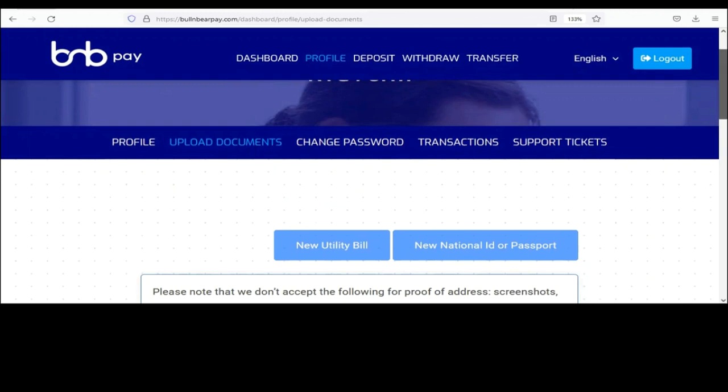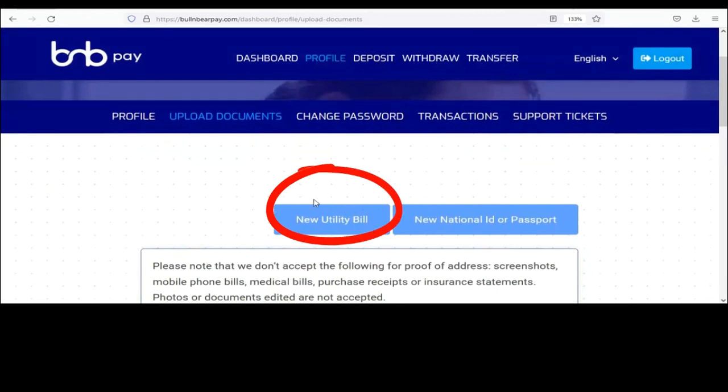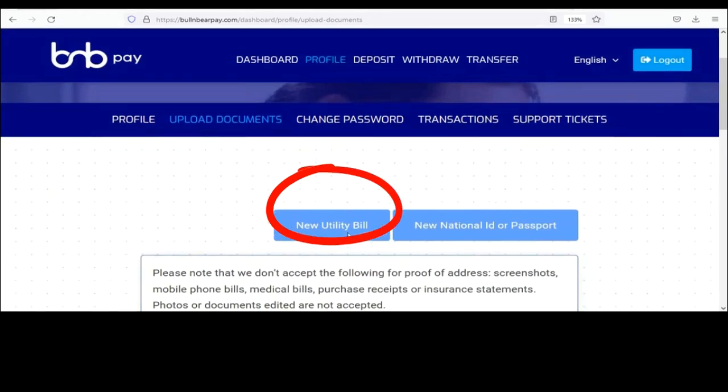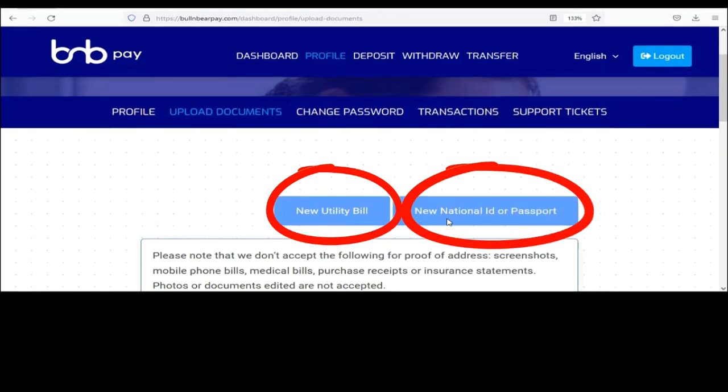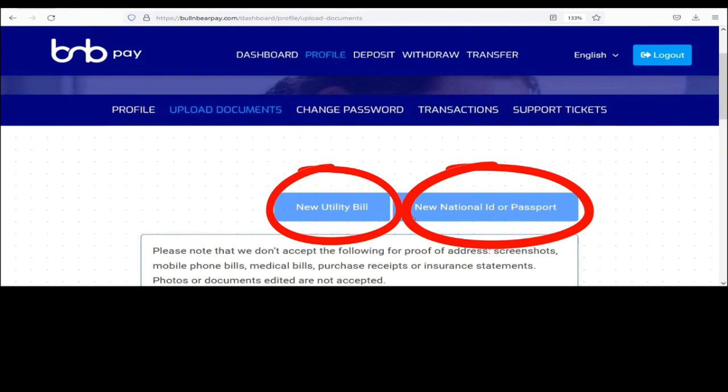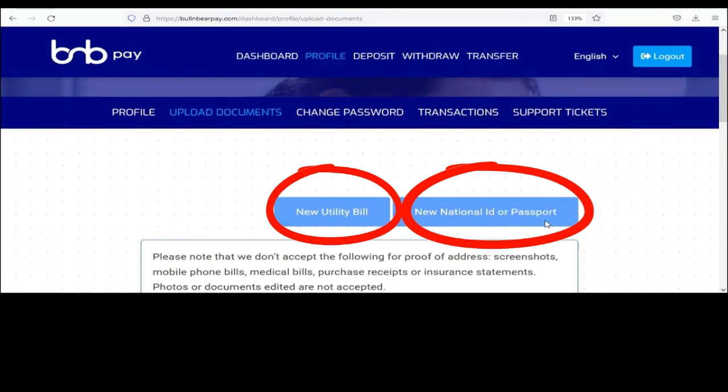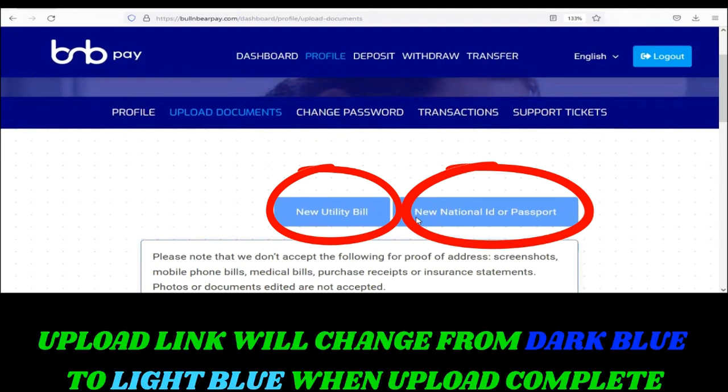The next thing I can show you is that here, as I go down a bit more, this is light blue where it says new utility bill. That's your address proof. And next to that, new national ID or passport would be your ID. So that would be your driving license, passport, or your national ID. Just to clarify, you can use a driving license, as I've just stated. That is what I use. That's been accepted. And you can also use the formats, JPEG or PDF,